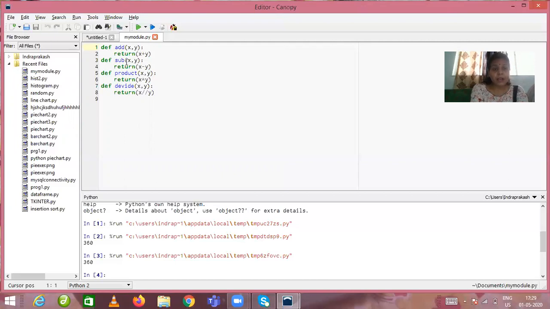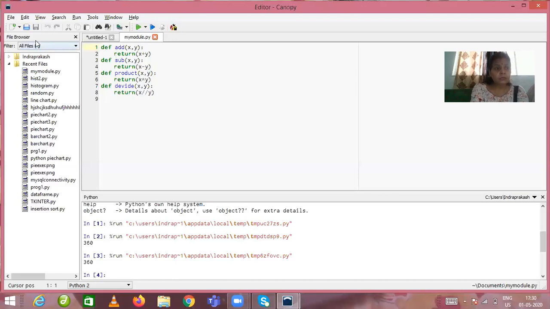Correct? And we have to save this file in a particular folder, and Python automatically takes the .py extension. So this file will be treated as a Python module. Okay. There is no extra concept. We just have to create different functions in a particular program, save that program in a particular folder, and we can use that program file as a Python module. How can we use a particular file as a Python module? I'm going to discuss that.